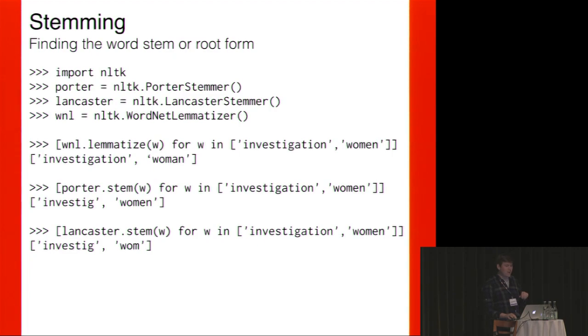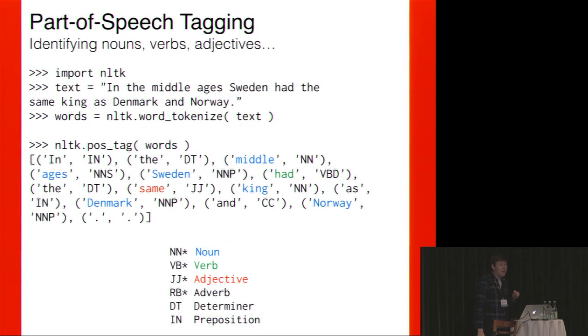The next problem, and we just talked about this, is part of speech tagging. You might all remember this from school. It's like, this is a noun, this is a verb. And again, this is quite easy. As you can see, it can tell these are nouns, these are verbs, and these are adjectives. And you see the wildcard, because it also tries to tell this is a singular noun and this is a plural noun. But you can also see it's not really clear cut, and it's not that good. So usually I just look at the first 2. But to tell nouns, verbs, and adjectives apart, this is a really good resource.